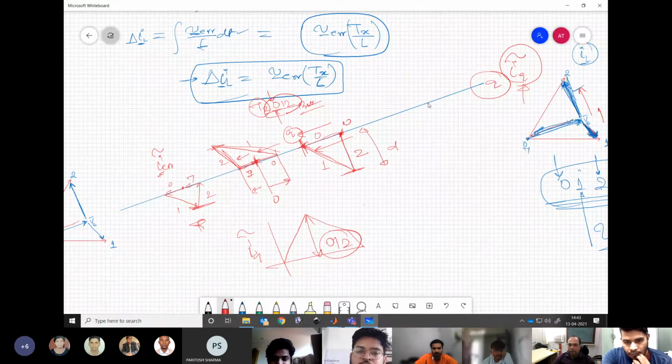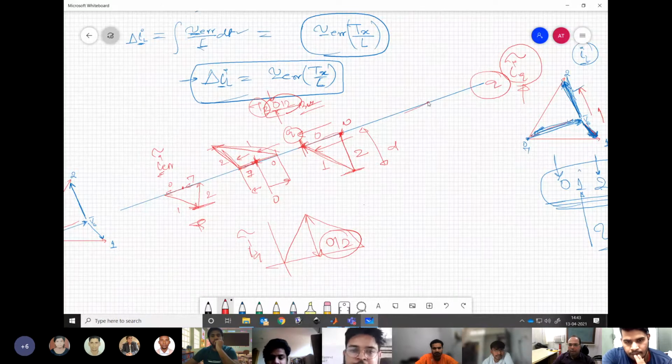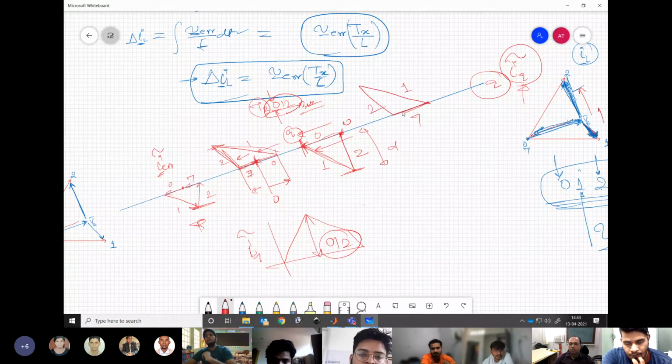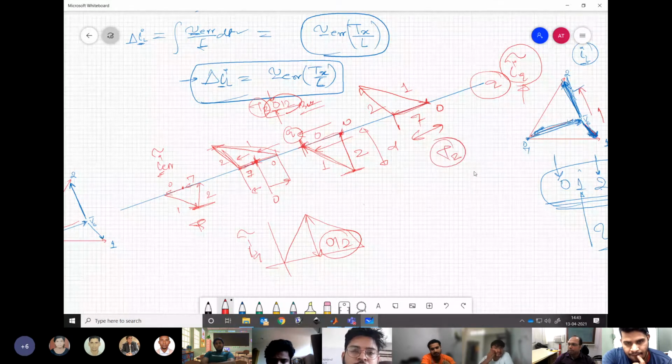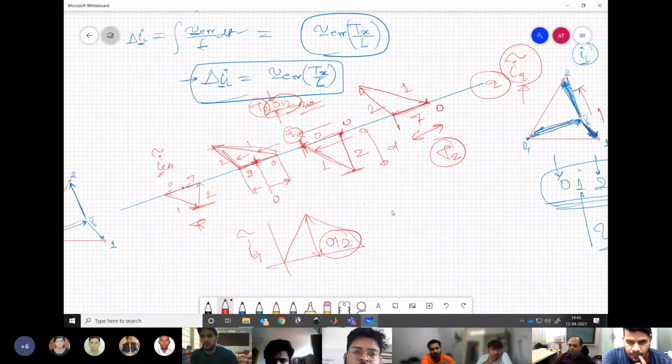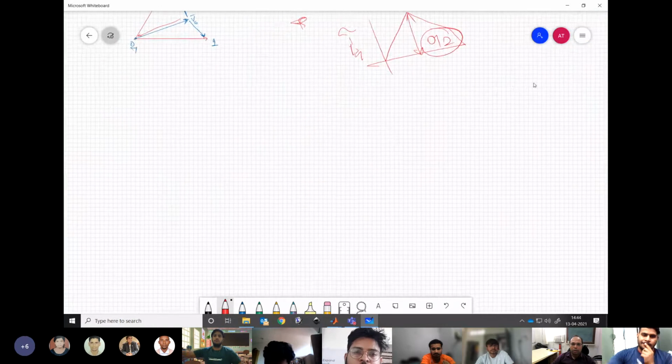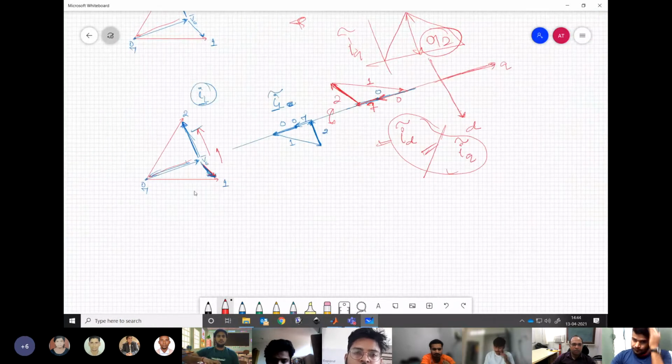Similarly, for 7 2 1, it will be the inverse of this. Like 7, it will again go a long distance on this side, then 2, then 1. This is how your ripple on the current vector for 7 2 1 will look like. Again, for the Q axis, there is a huge error for the complete period TZ, here that was split. Now, when we go for some advanced bus clamping techniques, we'll just see what happens.